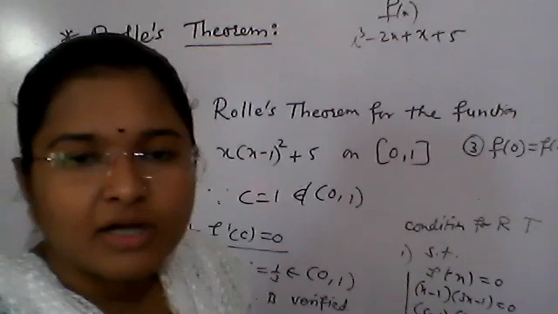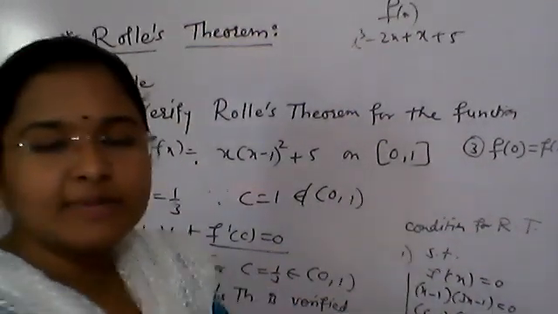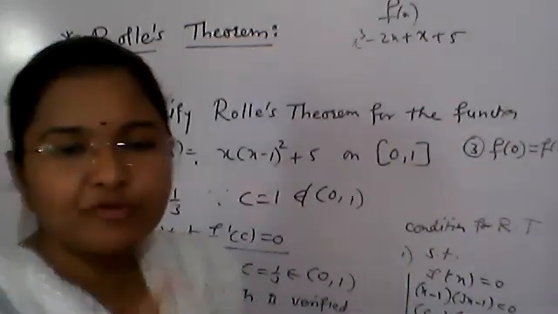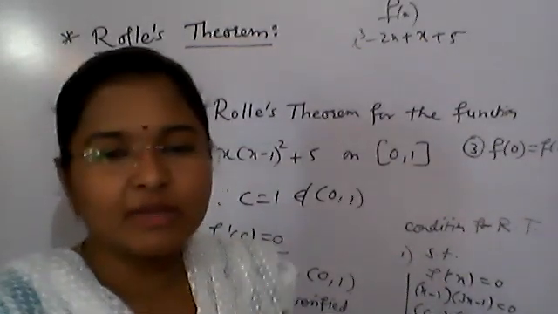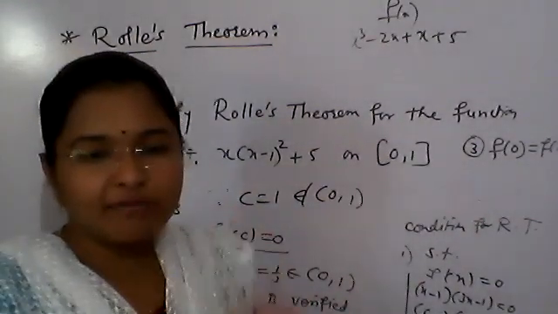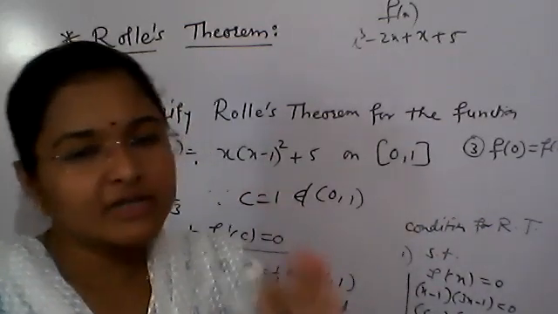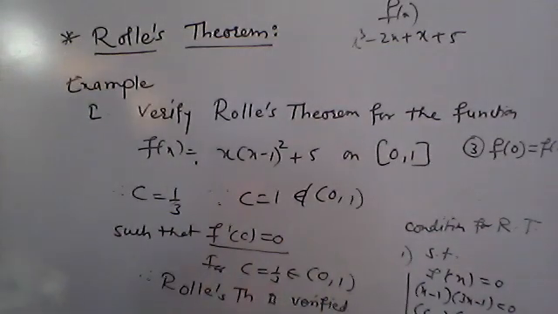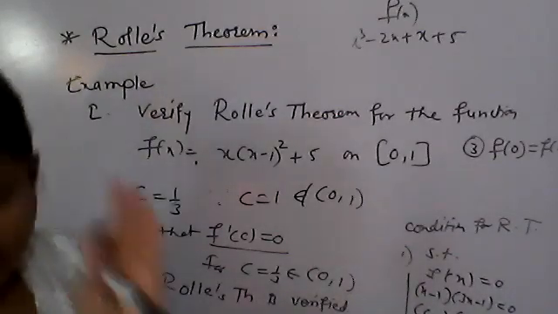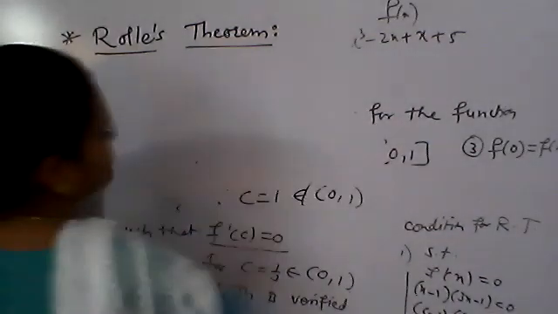Yes, ma'am. Now it's 5 o'clock, no? It is. So in just 1 minute, I will explain the mean value theorem also. The difference between Rolle's theorem and the mean value theorem is this. See, if y equals to f of x is defined on a closed interval, same. f of x is continuous on the closed interval and differentiable on the open interval. And one more condition is there that f dash of c equals to f of b